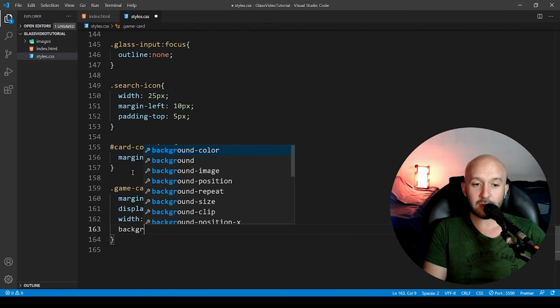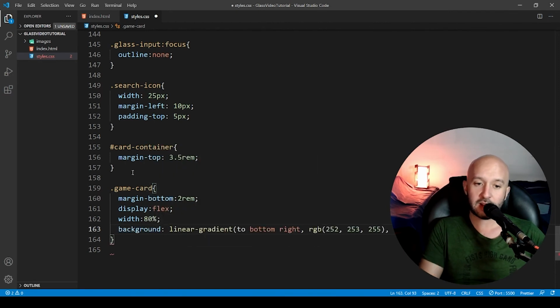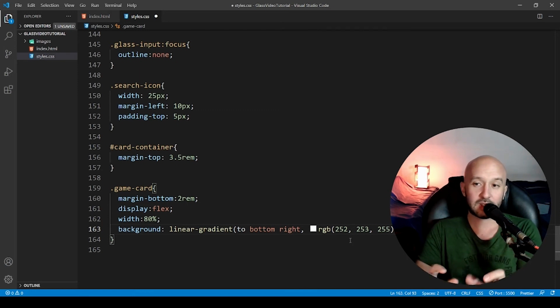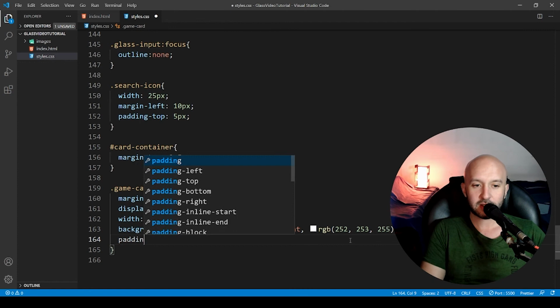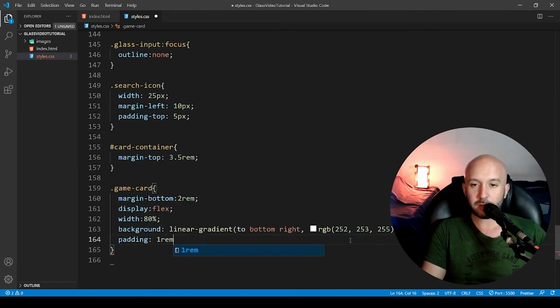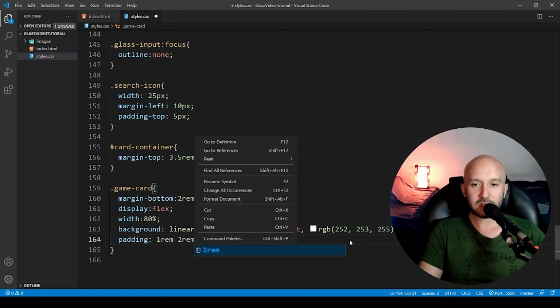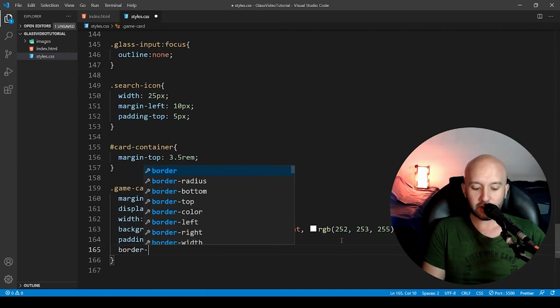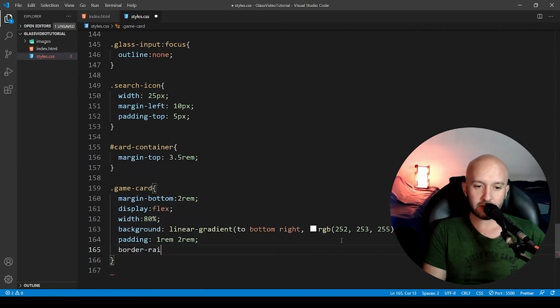And then we want the background to be on another linear gradient. Of course, you can copy it. This is not 100% white. I just tune it a little bit. So go ahead and copy it, so you have the same effect and the same color I found that look nice. So for the padding, we want 1 rem and 2 rems. Then for the border radius we want 20 pixels,